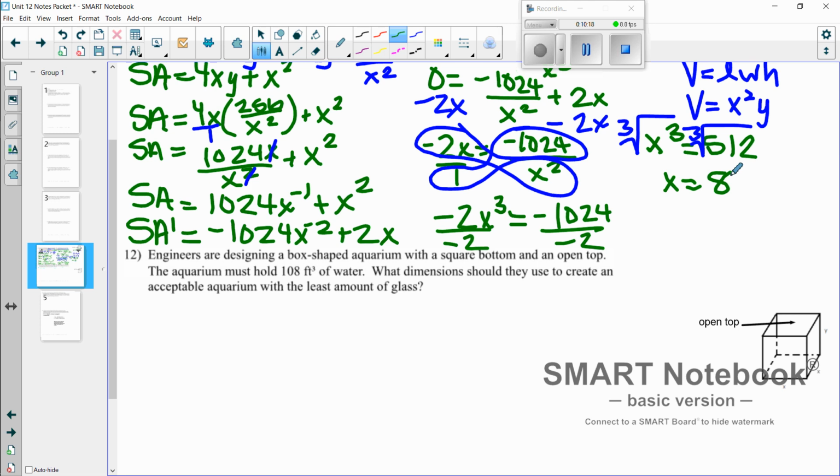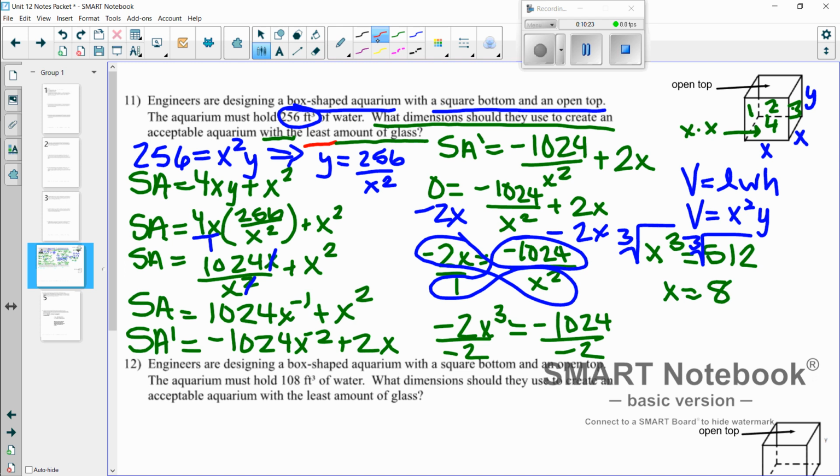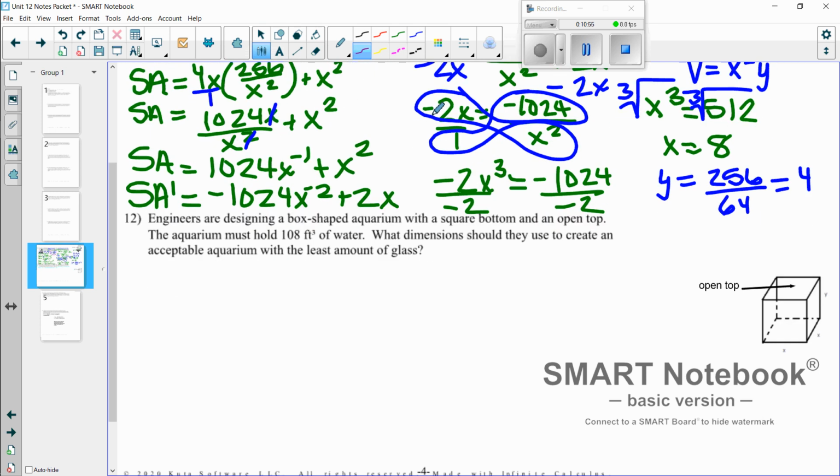And then the last thing to do, we have the length and width, right? We have our x value. Then we got to find our y value, or our height. So let's take our known adjusted volume and just plug in x, right? Because it's already set as y equals. So let's do that. And we're going to get y equals 256 over x squared, which is really 8 squared, which is 64. Y equals then 4. So we have 8 by 8 by 4 is our dimensions